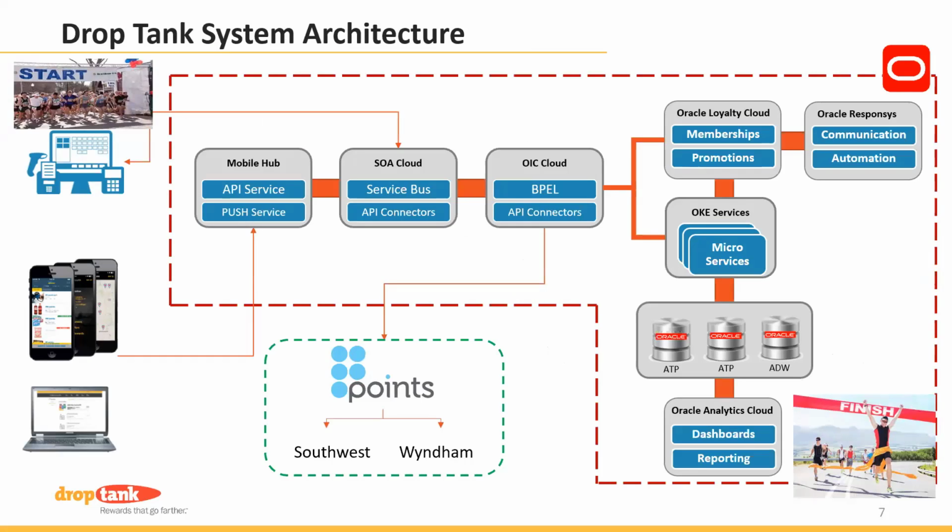This is not meant to intimidate anybody or scare you. This just gives you a little perspective about the information. And I'd break this up into 3 parts. Kind of the far left is the start. Our information comes from, of course, point of sale devices at the retail sites, but also from people's phones and their computers. So our members, when they register, when they want to check their point balances, when they want to turn them in, they're operating from one of these 2 devices. So that's the start. That's kind of the origin.